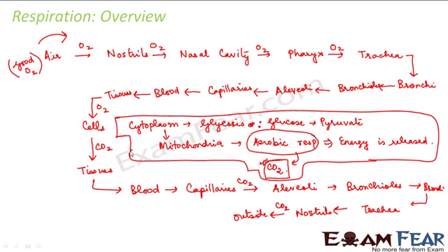Now, what are we going to study next? Before that, a quick description of the NET process. So here, what is the NET process? We have seen absorption of oxygen, release of carbon dioxide. Now, you might think, isn't it very risky for the lungs to handle this oxygen and carbon dioxide simultaneously? One is getting released and one is being taken in.